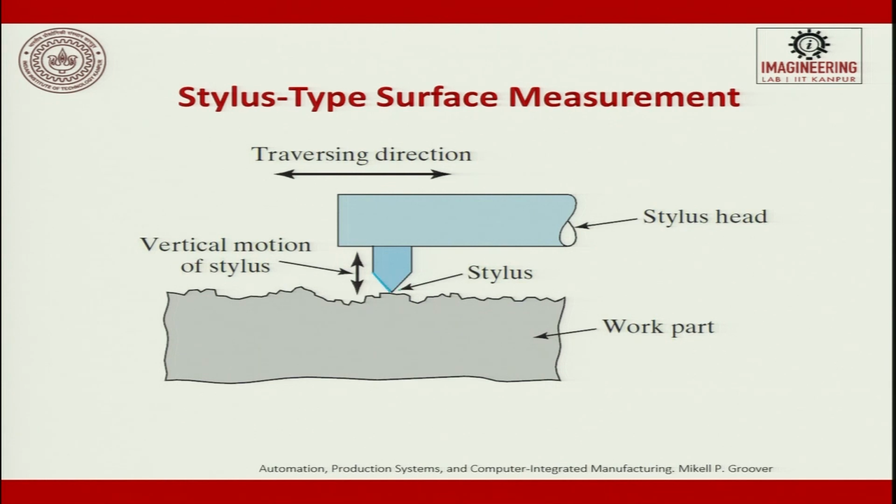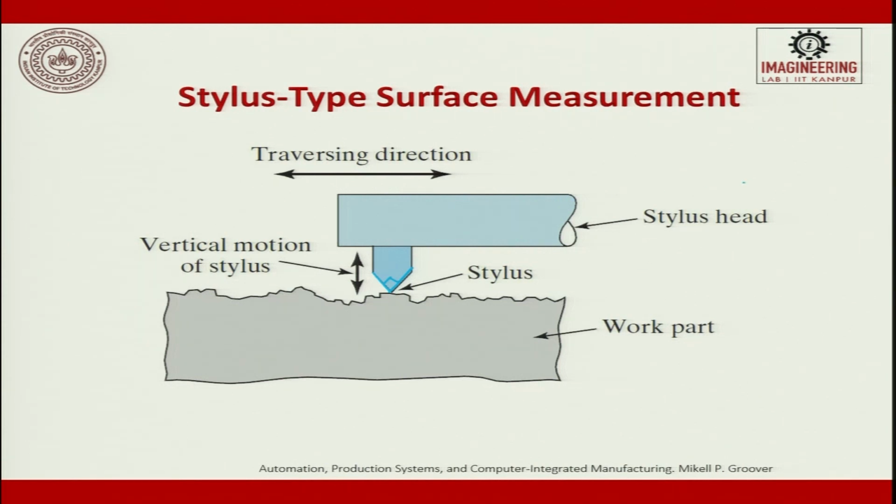This is the stylus, which is diamond and is 90 degrees. You can have this, or you can also have a circular one where you get a point contact. The circular one is more preferred nowadays because this tip also gets monotone. So, as and when the traverse direction moves, the stylus tries to move on the surface. When it moves on the surface, there is a vertical motion, which I said is up and down. Now this in turn is communicated to the stylus head.